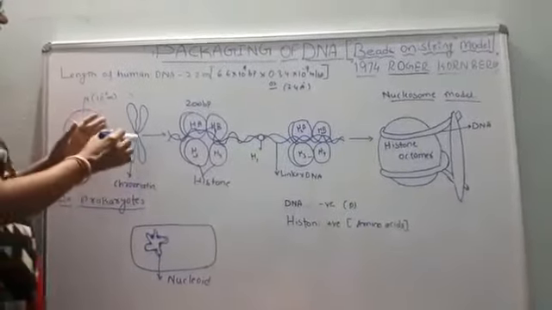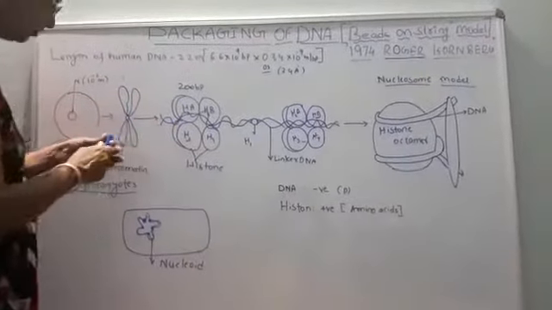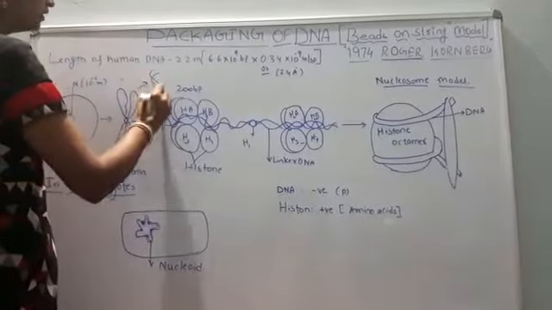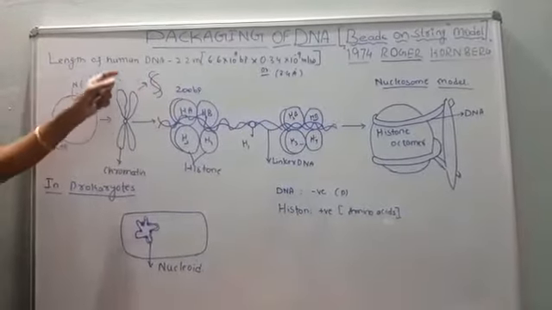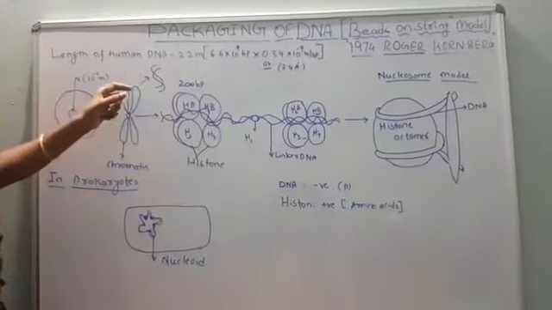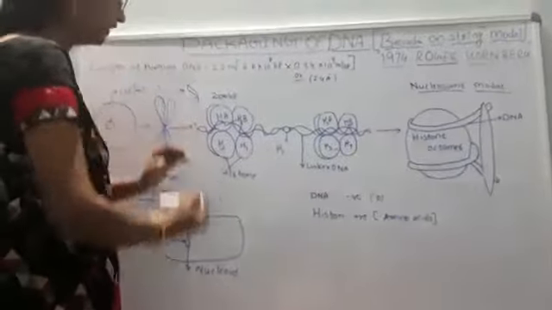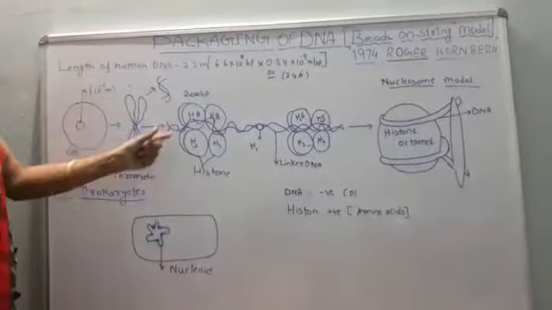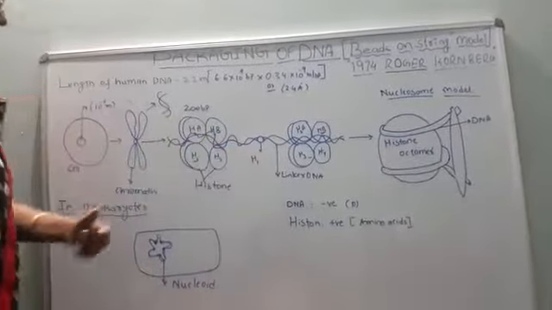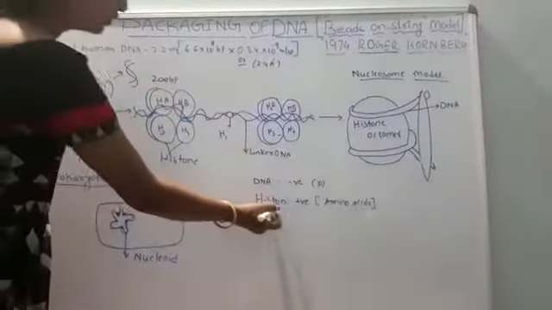If you expand the chromosomes, then we see the structure of the DNA. The chromosomes in turn consist of the double helical structure of the DNA, and the DNA, which is double helical, is made up of a number of nucleotides. If we magnify the structure of the DNA further and see it under the microscope, we see this model, the structure of the packaging of the DNA. It means there is a set of positively charged molecules.